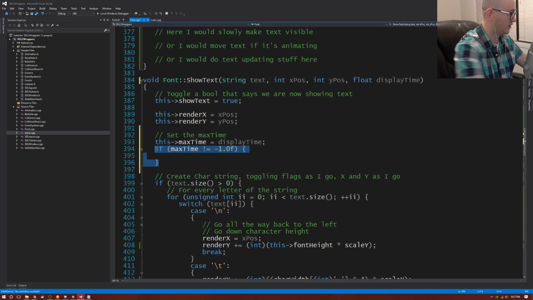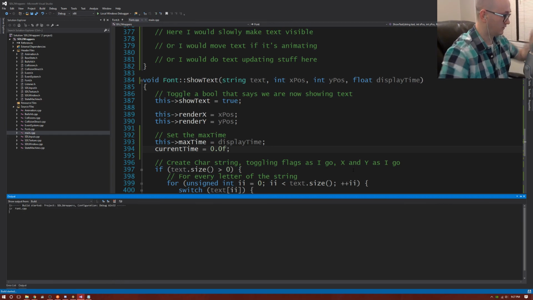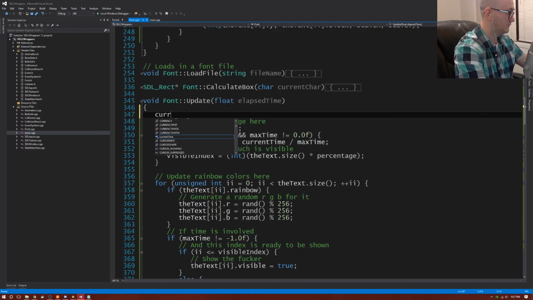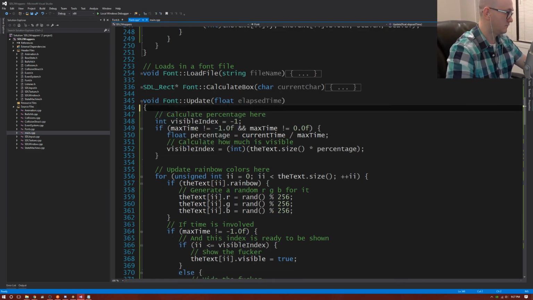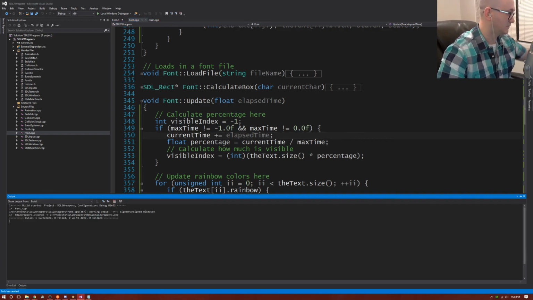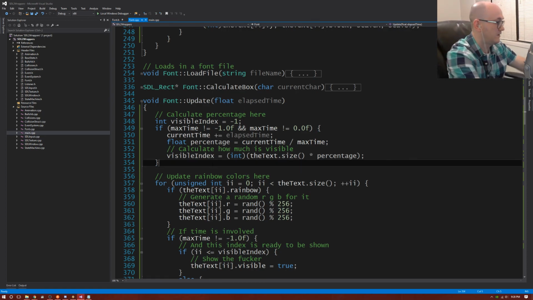Why not just hardcode that? Reset the time. That's something I'm not doing. I'm not actually adding the time. You might want to do that. Which is fine right here. Add the amount of time that's elapsed. So time gets updated. I also need to check if I've surpassed the max time. Otherwise, once I reach a certain point, I'm done. It shouldn't matter, but for now,